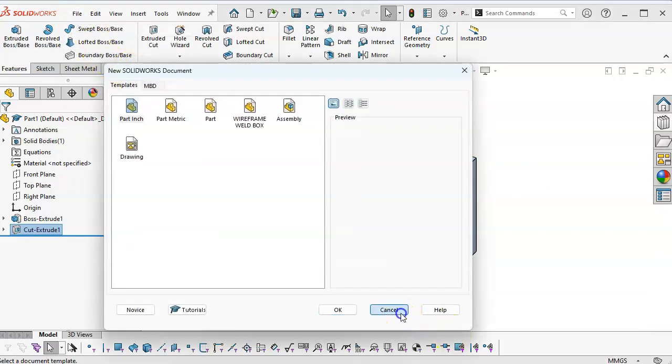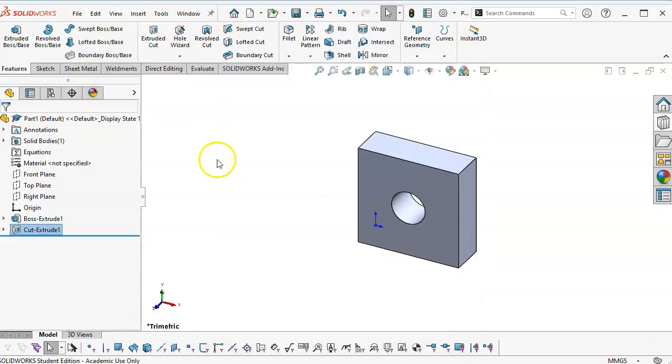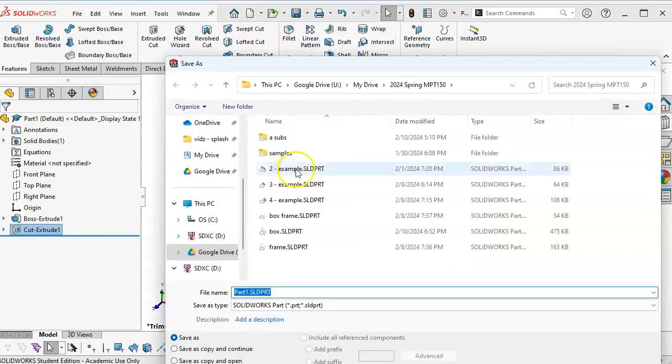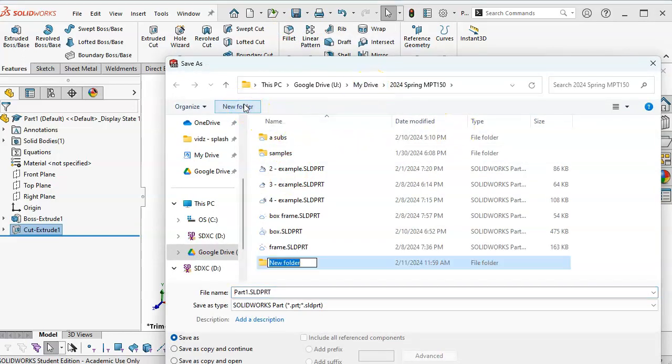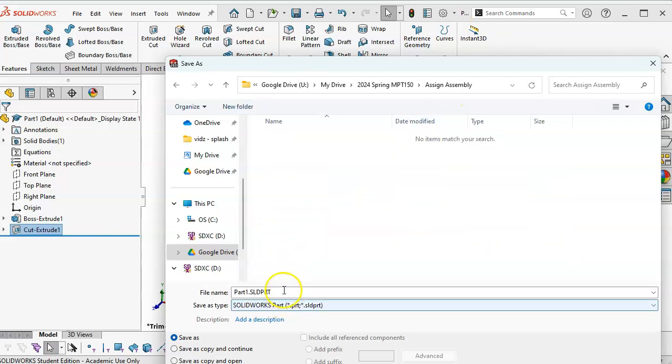So if I did new, I want to do a save as. And this is going to take me to my working folder. So I'm going to create a new folder for assignments. It's basically going to be assignments up through the assembly and the drawing. So I'm just going to call it assembly. And I can always change it later, but because it's kind of following that file structure, I would have to repick. So if I go spacer plate, and that'll keep my